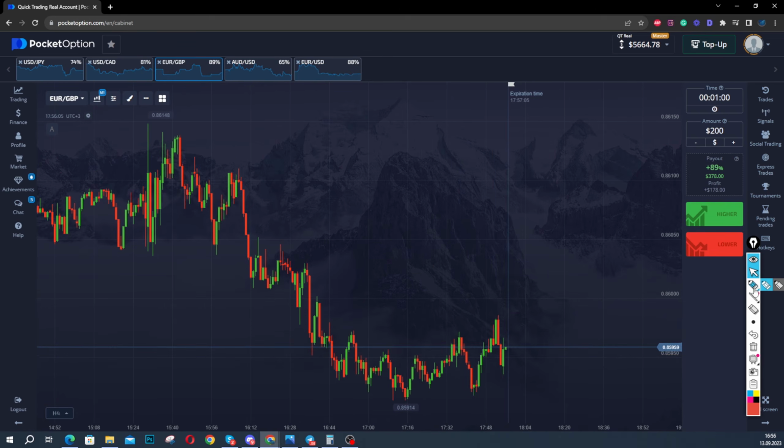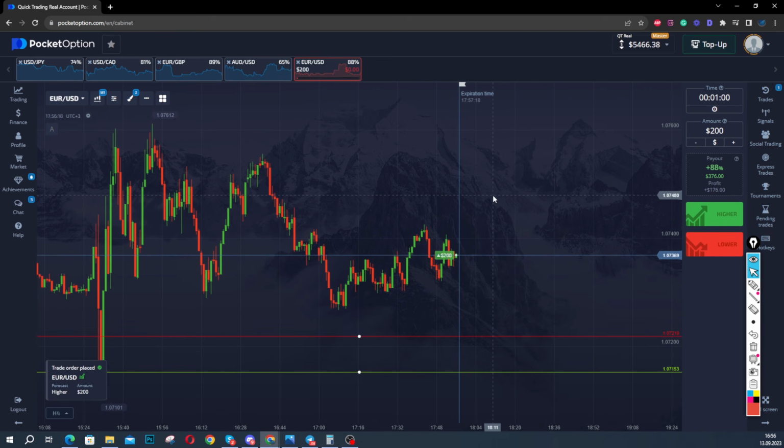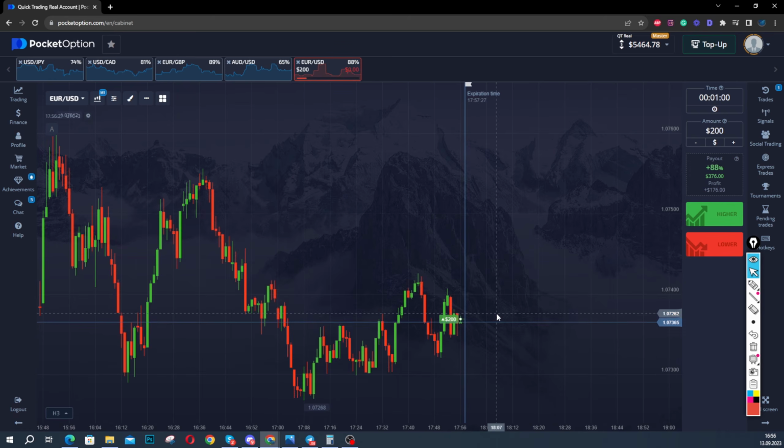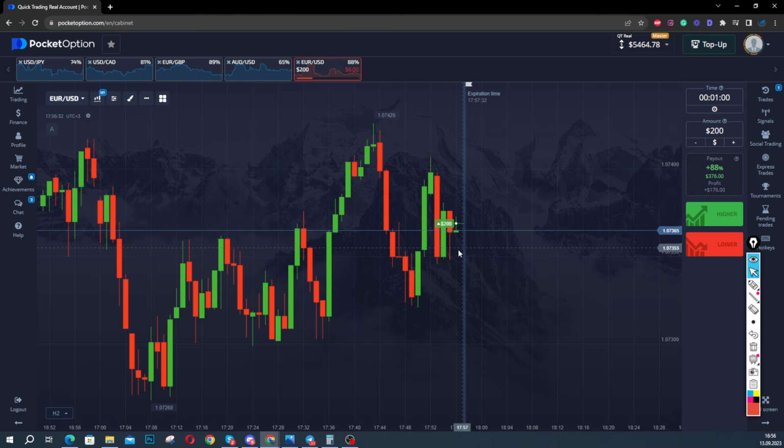Here we have a nice setup for going long, but I don't see anything further. Mostly I stay with the euro dollar, and yeah, we can do a long trade here. We can do a very quick long trade, I guess. My mistake, not a beautiful trade. This was my mistake. I'm too greedy. I shouldn't take this one, but it happened. You're not perfect. It can happen